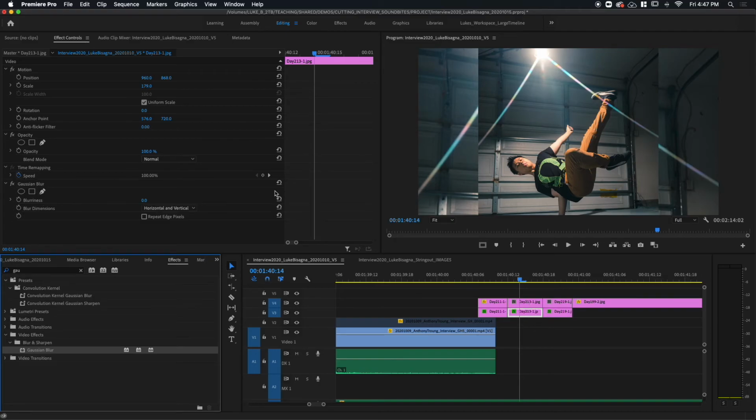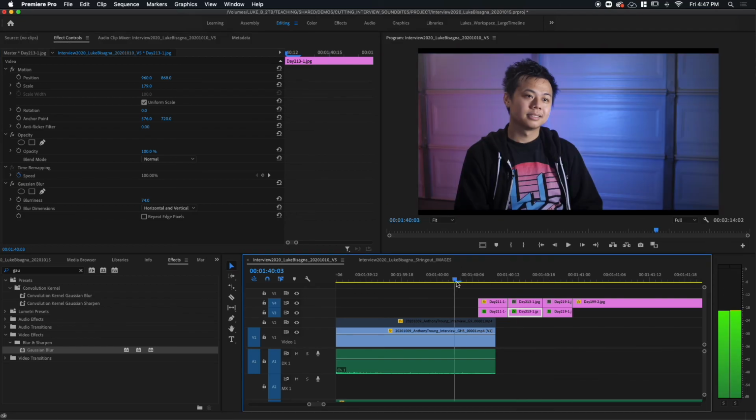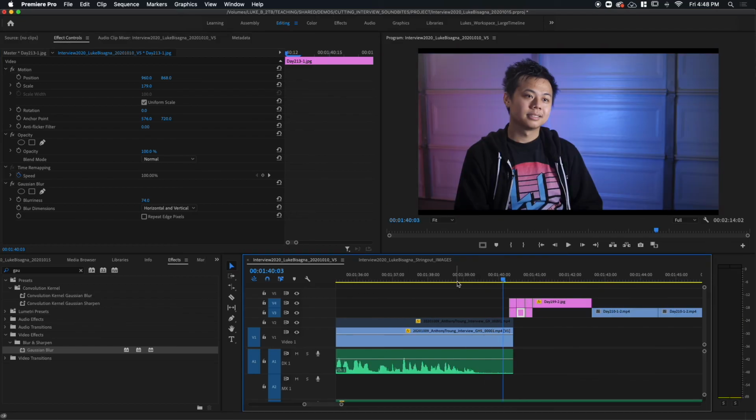and you can see Gaussian blur has been applied and absolutely nothing has happened. That's because we have to manipulate the controls here. So what we're going to do is change the blurriness. I love that, blurriness. All right, so I'm going to click in and drag to the right to increase the amount of blur until I get something that's nice and soft, that supports the image, has a similar color scheme to it, but doesn't distract from it. Pretty cool. So now let's play through the entire sequence again and check that out.